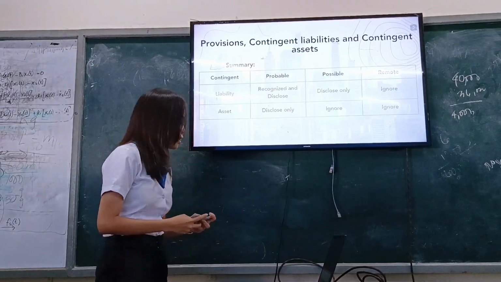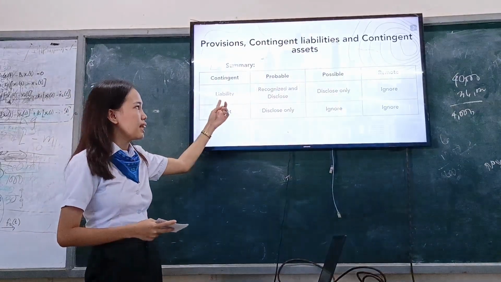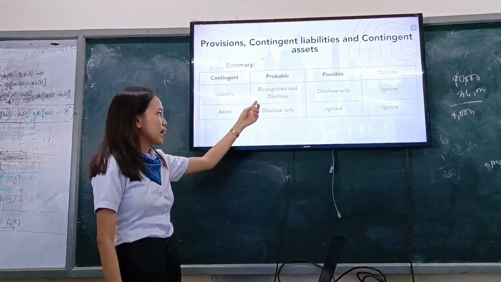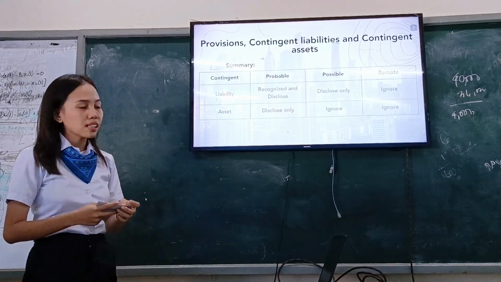So, the summary is, if it is a liability and the liability is probable, then it will be recognized and disclosed. It will be recognized in the financial statement and disclosed in